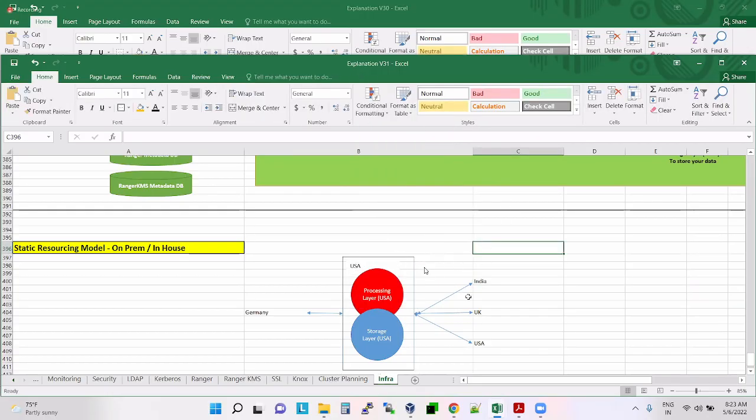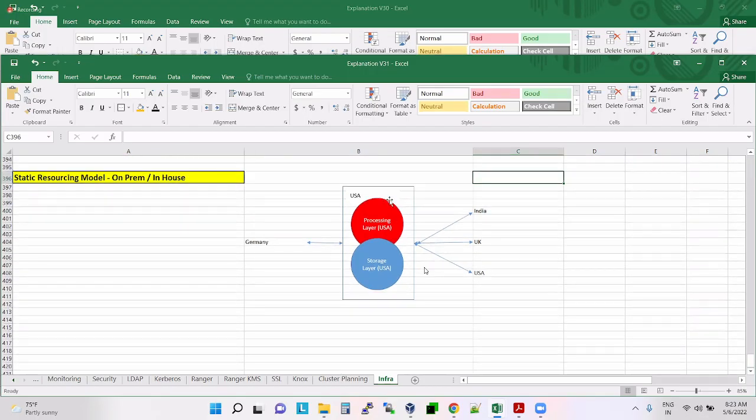This entire data center, this entire Hadoop cluster, is in the USA. So anybody who wants to use it, India people, UK people, USA people, Germany people, they have to use this cluster from here only. The resources will be from the US only.